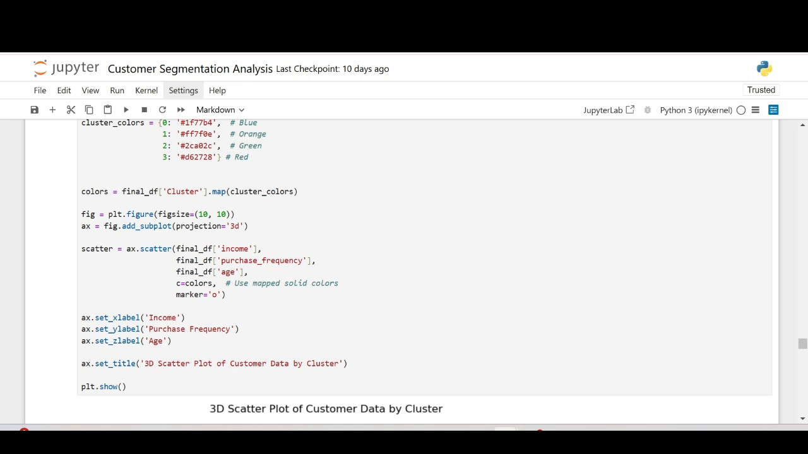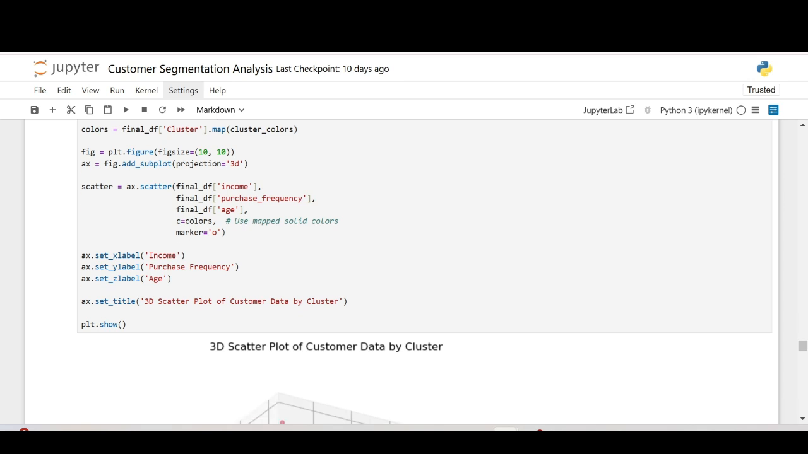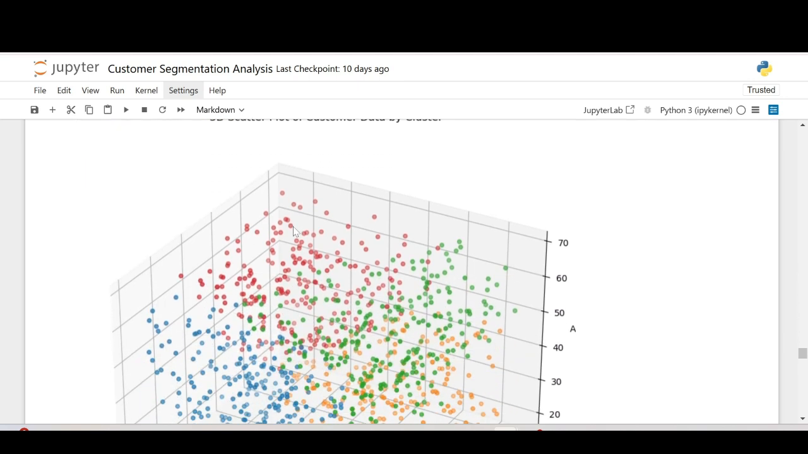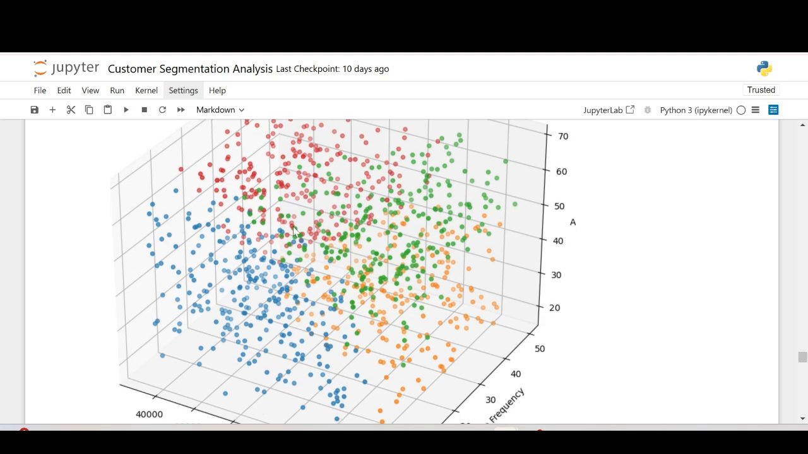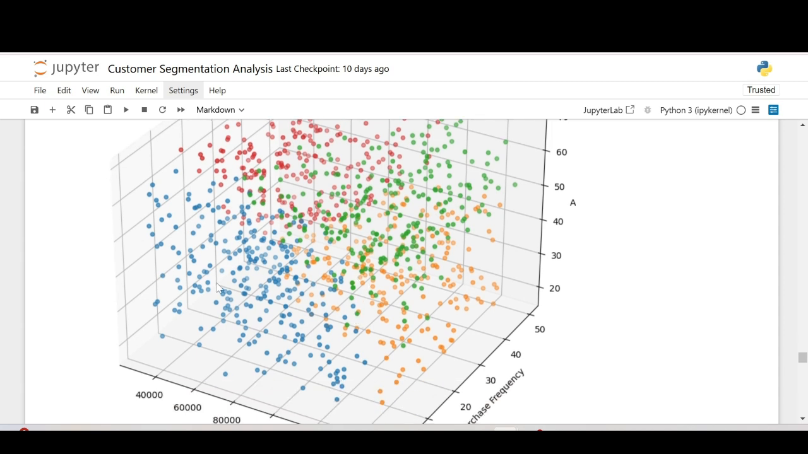We are mapping the color on the cluster and assigning the figure size. Again, the projection is 3D. We are giving all three columns, and we're going to see the cluster, sorry, the cluster with the scatter plots. So this is the first group, second group, third, fourth, a total of 4 groups are present,